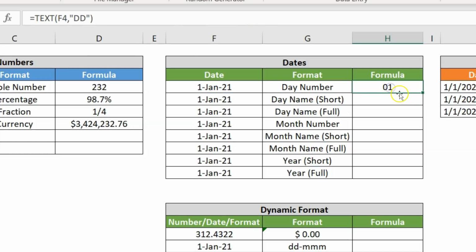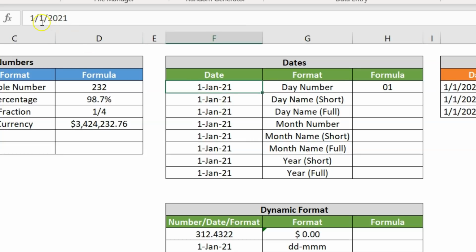It is showing 01. You can put the D in capital or small; it will not make any difference. If I put DD in small also, it will again show 01. Here we can see the date is 1st Jan 2021, so it is showing 01.